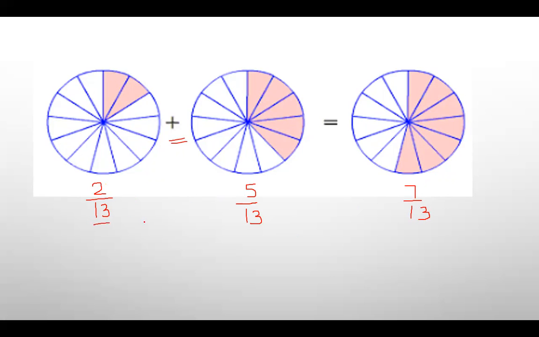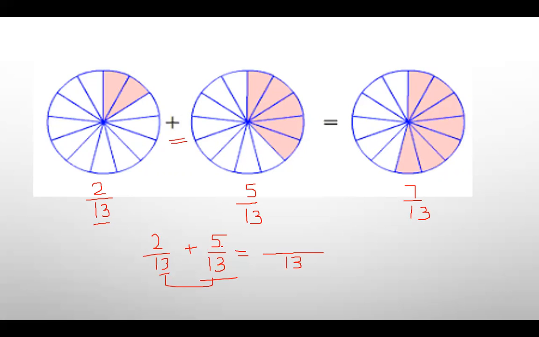So how am I doing it? I am adding 2 by 13 plus 5 by 13. It means that you are adding the like fractions. You are putting the fractions together. Putting the fractions together means we have to add the fractions. When you are adding, you have to keep the denominator the same, because they are like fractions, and out of these two 13s we take out the common one, that is we are sharing the same denominator. So we will write only 13 in the denominator, only one time.